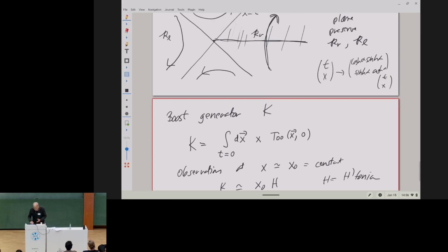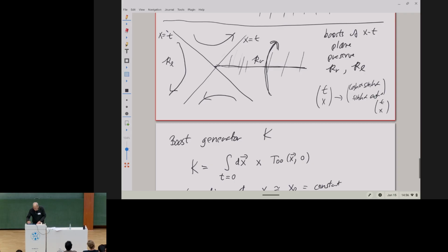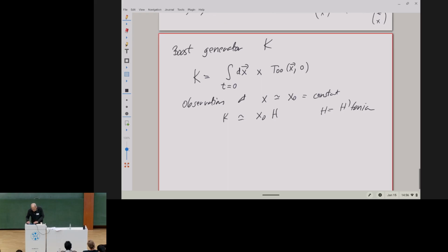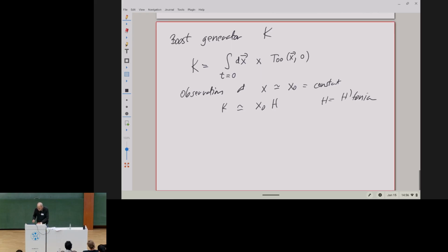That's a way to see this picture, where K moves you forward in time on one side, backwards in time on the other side. That sign difference is very important. So this is the boost generator as an operator on the complete Hilbert space. But we want to take this useful but non-rigorous point of view involving factorization of the Hilbert space as a tensor product of H left and H right. So we want to write,